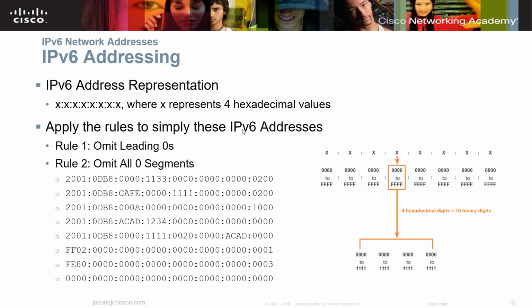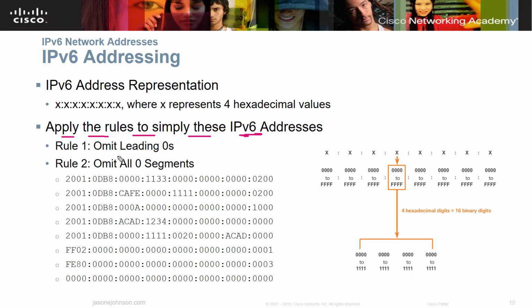So let's take now a look at V6 addressing. Some of the terms you need to know with this: there are some rules to writing out a V6 address. It's written in hexadecimal. I do not have a video on converting hexadecimal to binary and to decimal, but there's information in the Netacad course to help you with that, and I need to get a video done. But there are rules for writing out a V6 address.